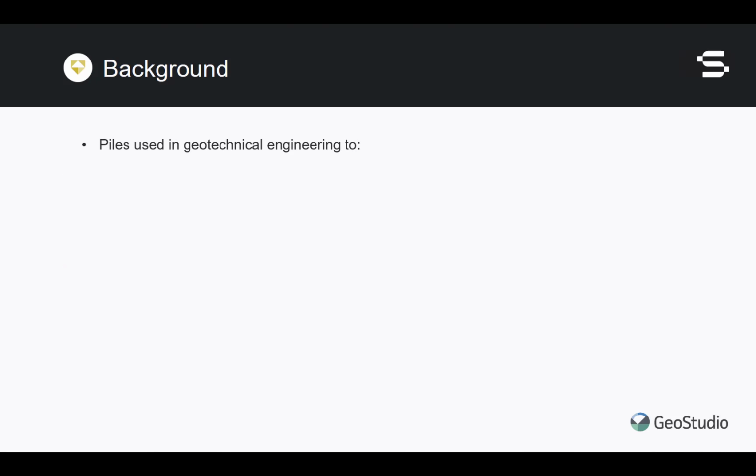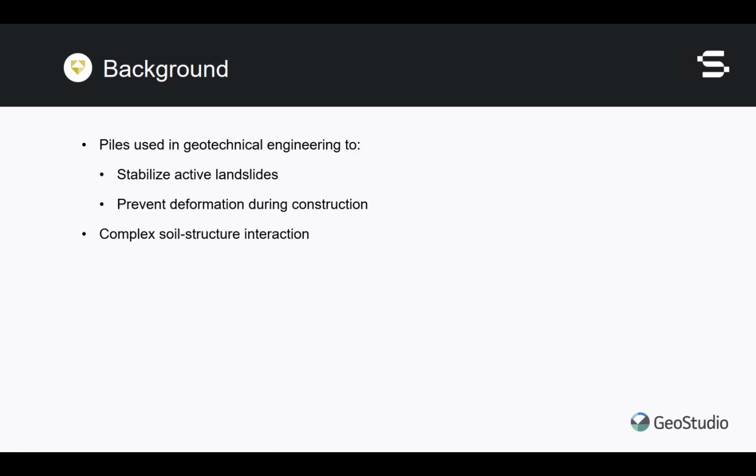Pile reinforcement is a common technique used to stabilize active landslides or prevent deformation during earthen construction. Unlike a tieback wall, pile reinforcement is considered passive because the structure first picks up load when the surrounding soil deforms. Numerical analysis of pile reinforcement systems is complicated by a number of factors, including the three-dimensional nature of the